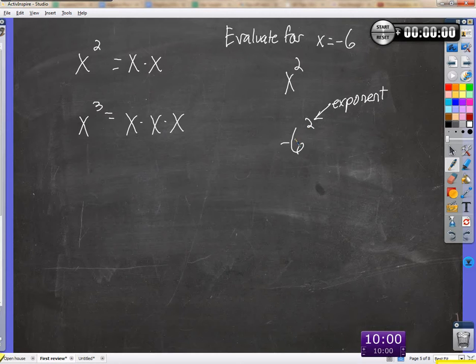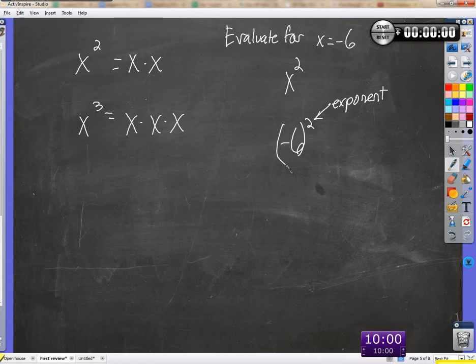But am I supposed to square 6? Sorry. I'm supposed to square -6. So I'm supposed to square x, and what is x? -6. I'm supposed to square -6, the whole thing. How do I indicate that I want to square the whole thing? Parentheses